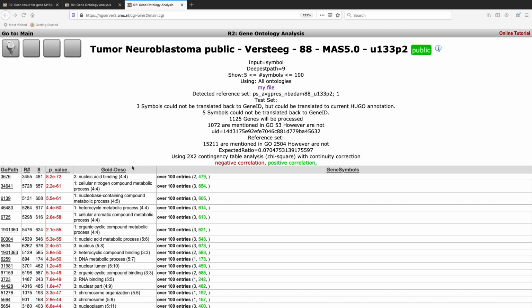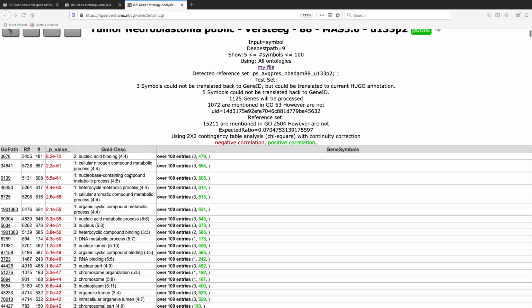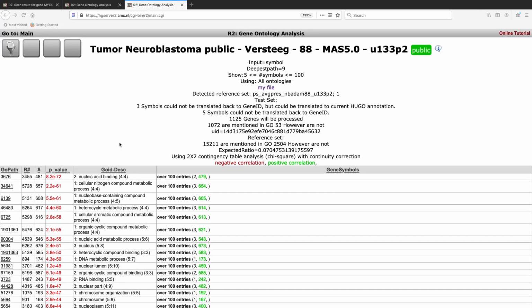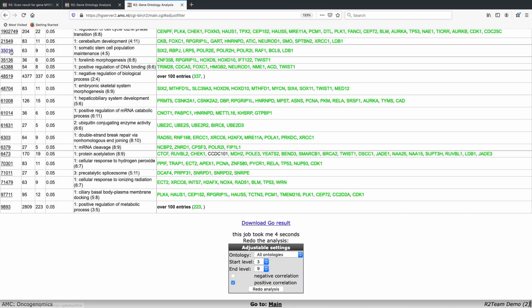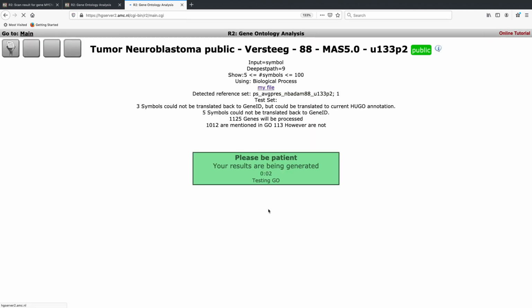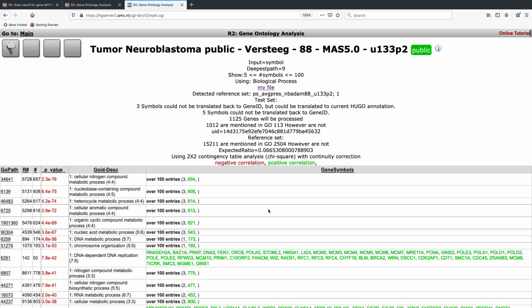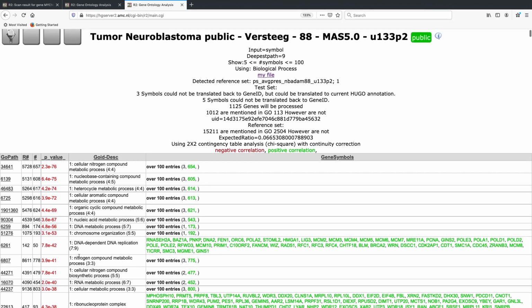As you can see, there are a large number of gene ontologies that you are presented with here, and you may want to limit the number of ontologies that you're looking in. So again, we're going to bring ourselves down to the adjustable settings, and here we will remain looking at the positive correlations. However, instead of looking at all gene ontologies that we can, we're going to look specifically at biological processes, for instance. And then again, you can redo the analysis, and now you're presented with the results that are both positively correlated with your gene of interest and specifically looking at gene ontologies that are